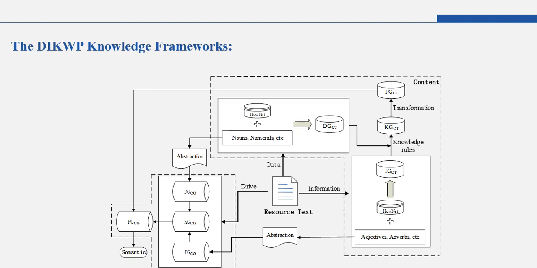In addition, content DIKWP and reader cognitive DIKWP are mutually convertible, which is also an important mechanism for human learning. The modeling method proposed in this paper combines the data, information, and knowledge